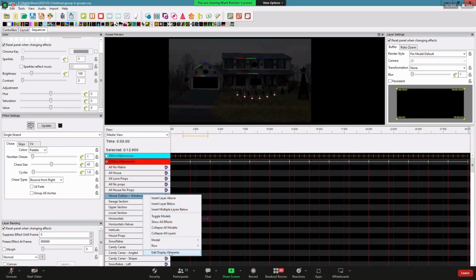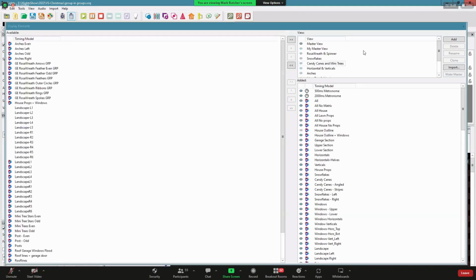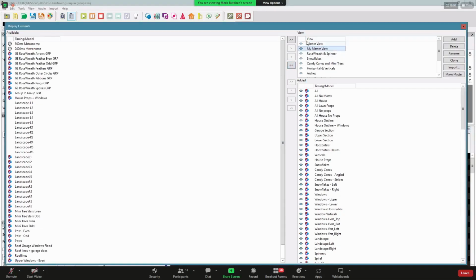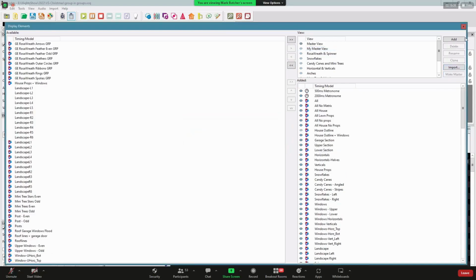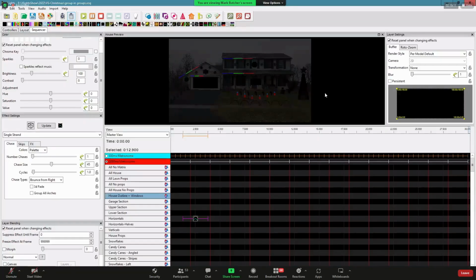Actually, let me just do something here because I don't know if this is correct. Your master view controls how your sequences are rendered. Now I have a saved one, I call it my master view, which is how I want my order to be. I'm going to click make master in this case, to match it up, but now we can at least talk about it.